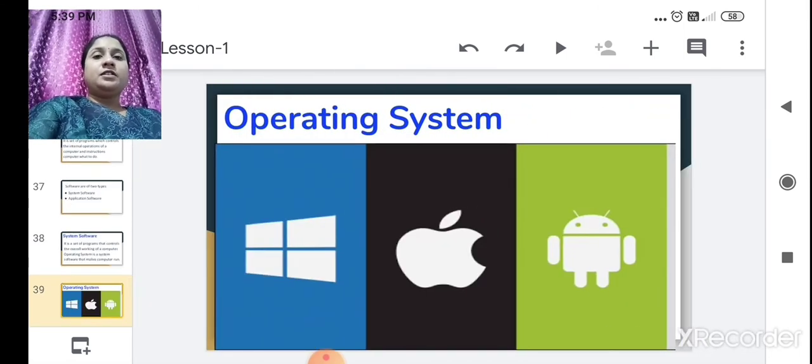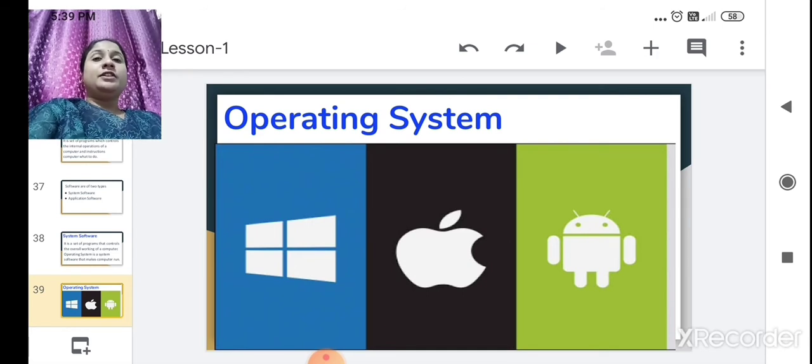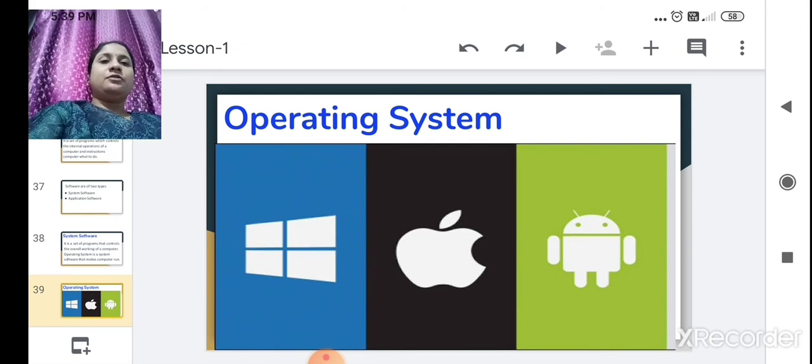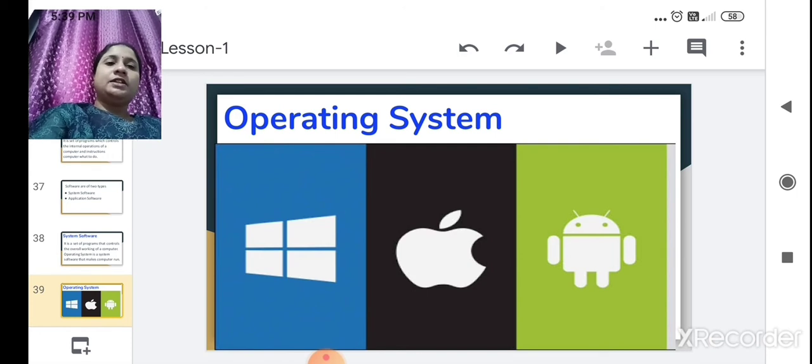Operating system, first one, all of you know this first one? Yeah, I know all of you know this, but you don't know what it is called. It is a Windows operating system. Okay, Microsoft's operating system. It looks like a window, that's why it is called Windows operating system. And the next looks like an Apple, so that is the Apple operating system. This Apple operating system is present mostly in Apple's computer, Apple's mobile and Apple's watch.